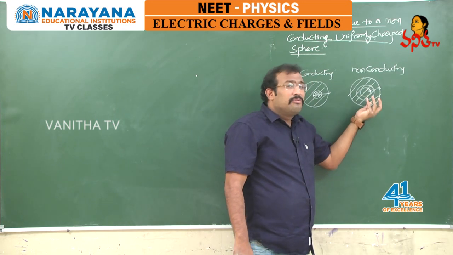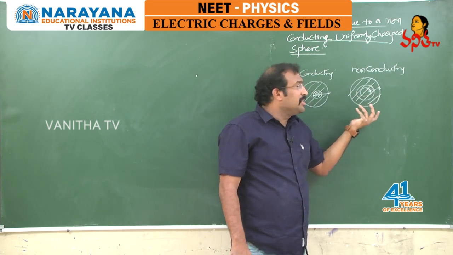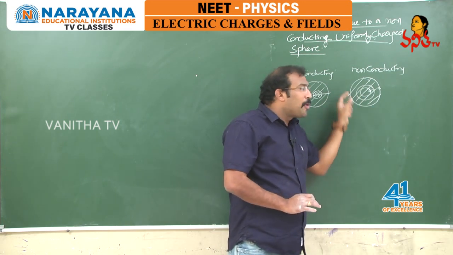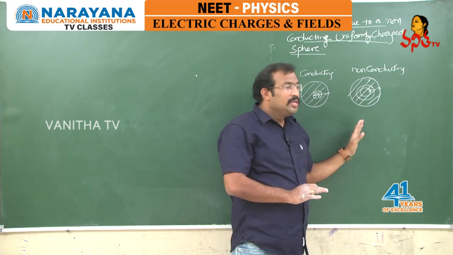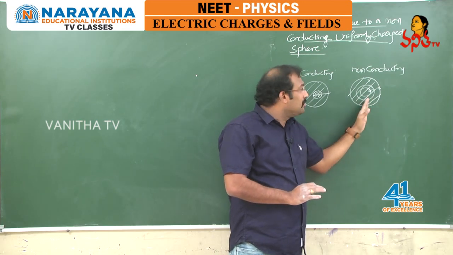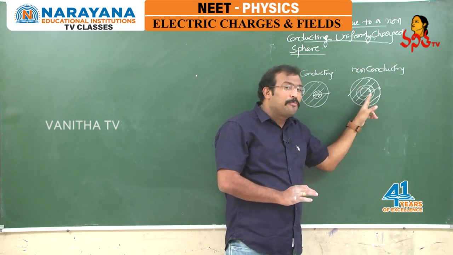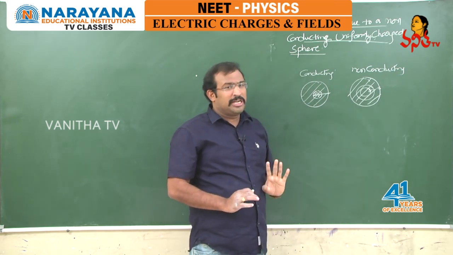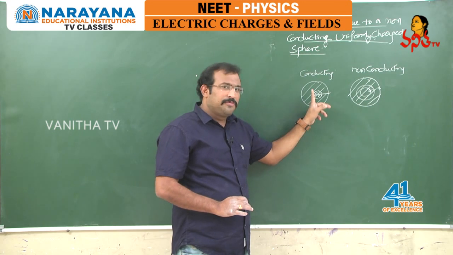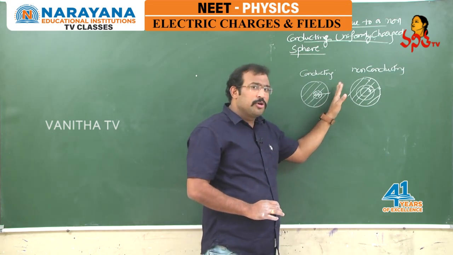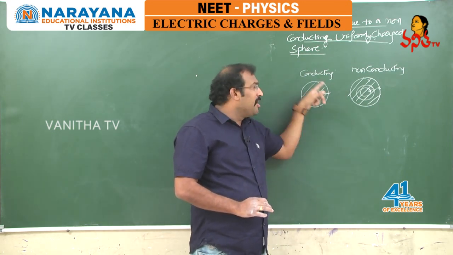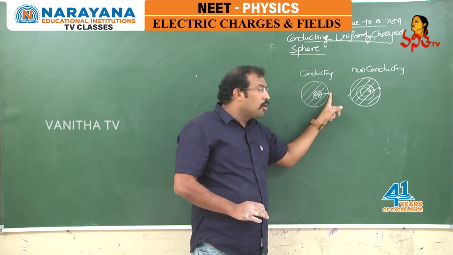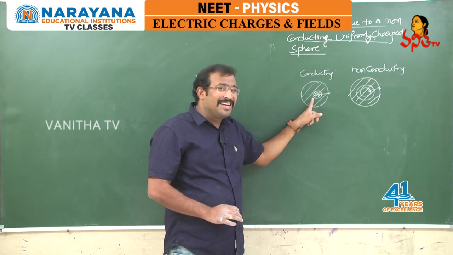There are no free electrons in these non-conducting materials. That is the reason wherever you place an excess charge upon the surface, it will stay there. There is no possibility that the excess charge can move from one point to another. That is the main difference between conducting and non-conducting materials. In a conductor, if you place charge inside, it will move out because of the free electrons, which move the excess charge onto the surface, making the net electric field inside zero.